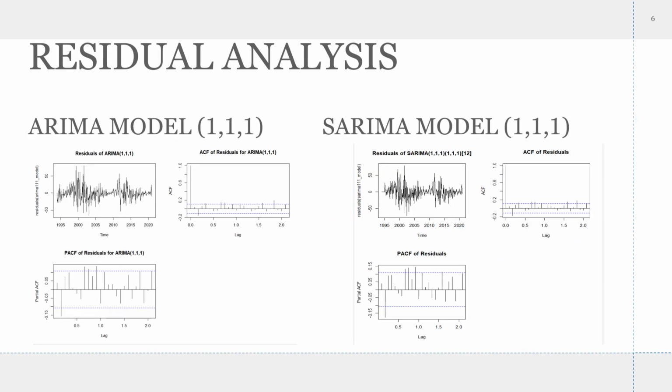In this step, the chosen ARIMA and SARIMA models had a residual analysis taken to see if they adequately capture the underlying patterns without leaving significant autocorrelation or systematic trends. Looking at our first ARIMA model, we can see it displays quite random residuals, and the ACF and PACF plots help to confirm minimal autocorrelation, pointing to a potential good fit. Next, our SARIMA model also offers random residuals with no significant autocorrelation present. Thus, both these models will continue on to the forecasting.